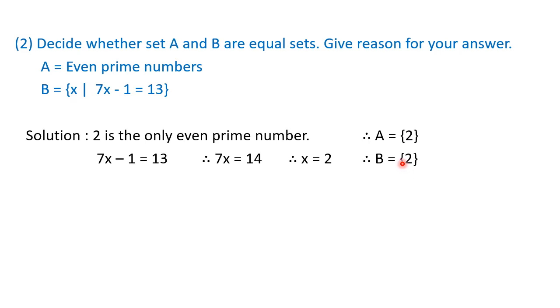So now you can observe that A and B, they are having identical elements. Therefore we can say that A is equal to B. Okay, so these are small solutions. Only you need to understand them and you have to write down them properly in the list method. Okay, so this is your justification that why they are equal. Or if you want, you can write down the statement that set A and B, they contain exactly the identical elements. That is why A is equal to B.